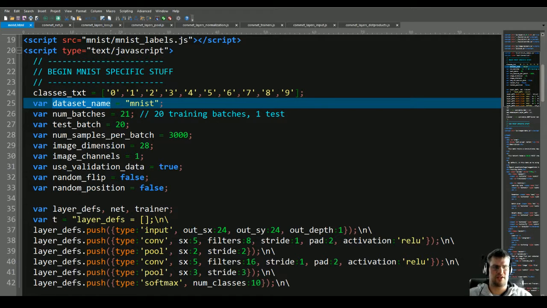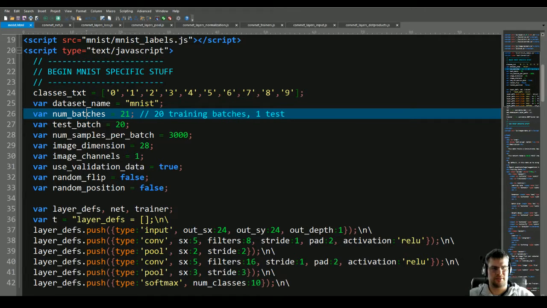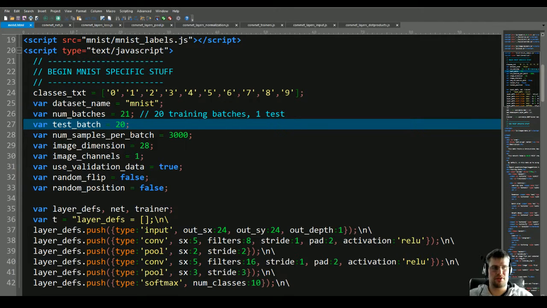They have the name, the data set with a name. I am not sure if that is required either. They put a number of batches, so that's how many batches should be the training batches. And then they say which batch of the batches is the test batch, which I think is a bit strange,